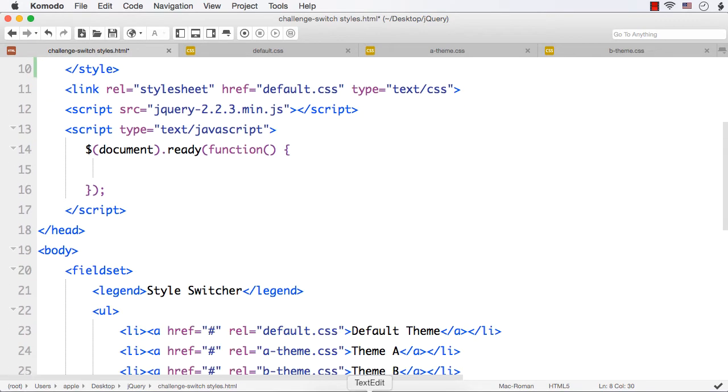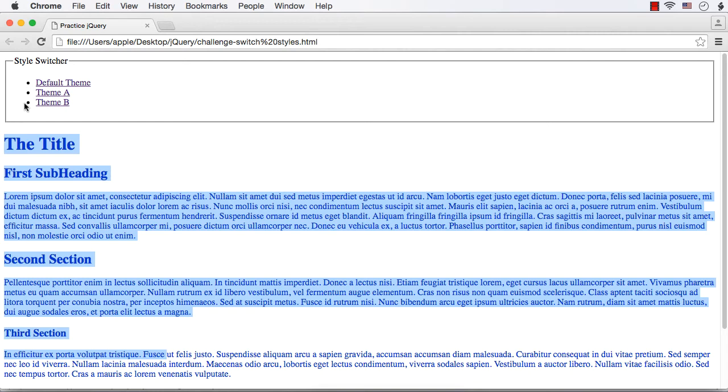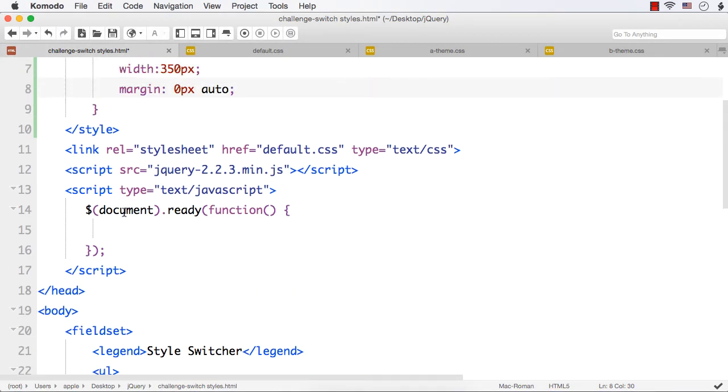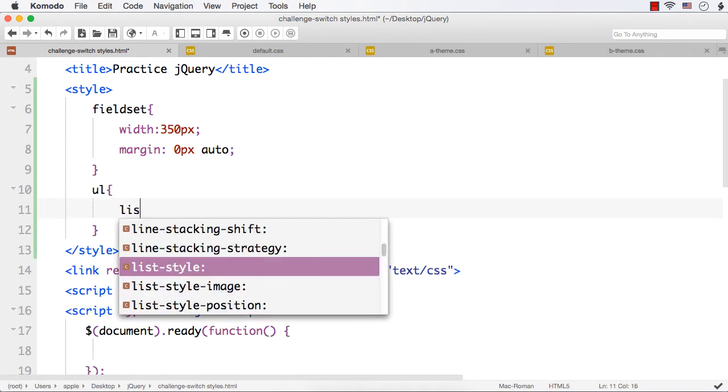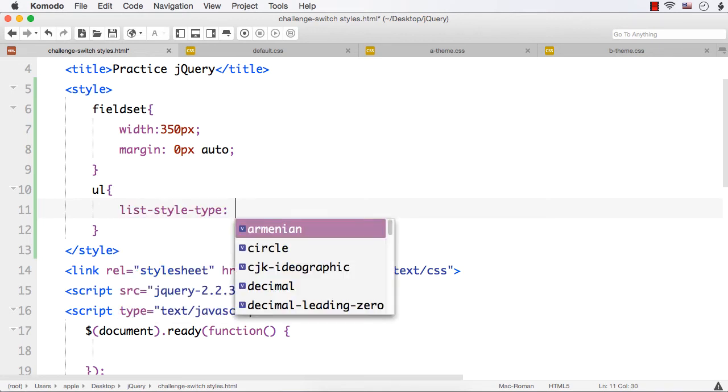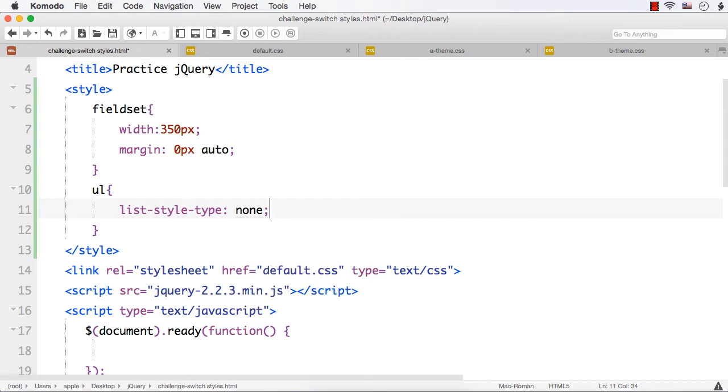Next, I don't want to have these bullets. So how can I do that? I need to style the unordered list, that is UL, and specify list-style-type to be none so that the bullets will disappear. Then what I need next?